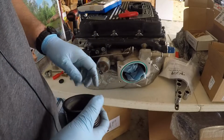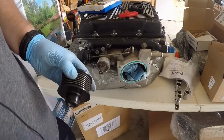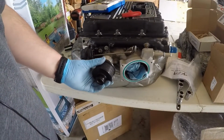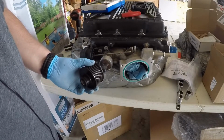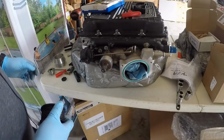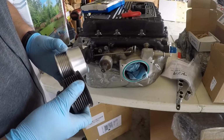And again, if you have the longer snout version of these things, it'll work out of the box for you. You can see how easy it was. I guess I probably should have started off with the impact to begin with, but it was really simple to get this thing off once I got everything in line. So,